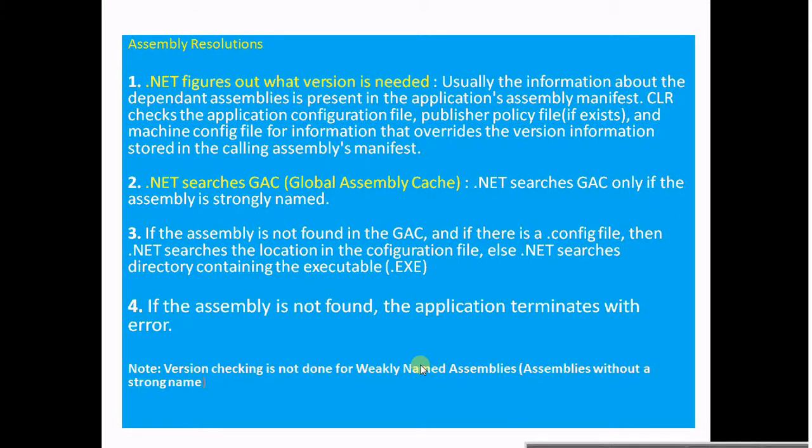The first step is that .NET figures out what version is needed, checks whether the assembly is present here or not, and where to find it, and how .NET fetches the assemblies from anywhere. So it follows some basic rules. The first rule is what version is needed.